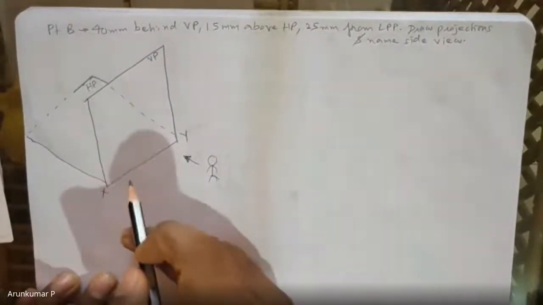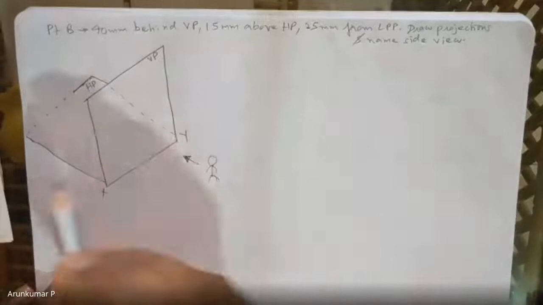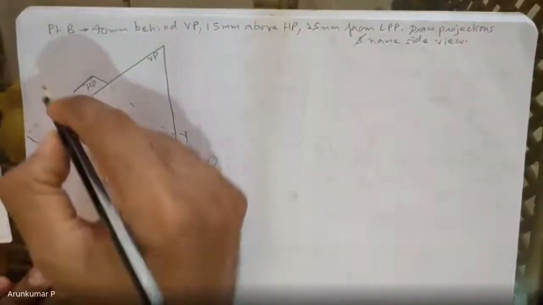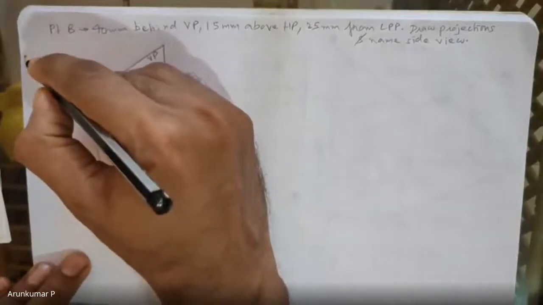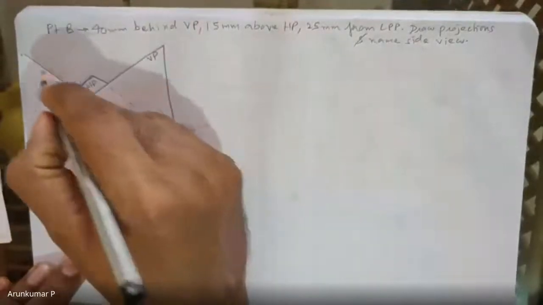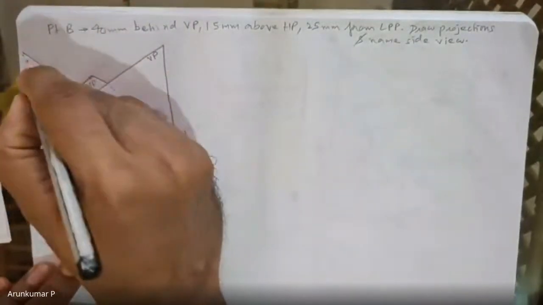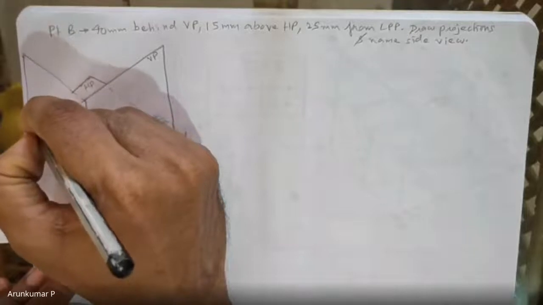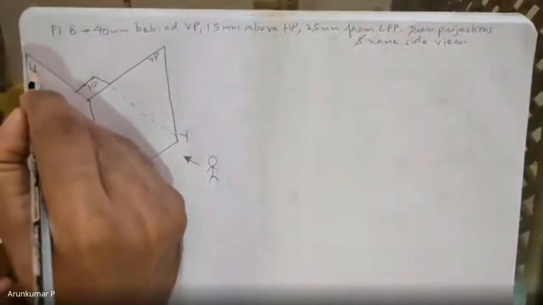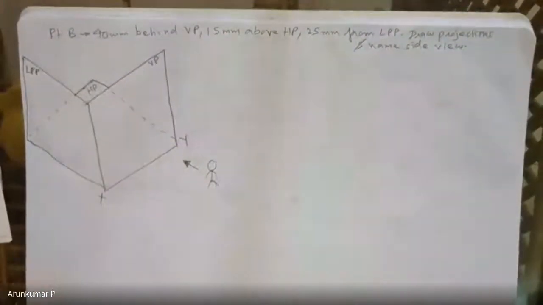So we are dealing with LPP. The plane on the left side is what is under consideration. So this is a plane. I hope you can see this is the plane, the left profile plane, LPP, which is on the left side.